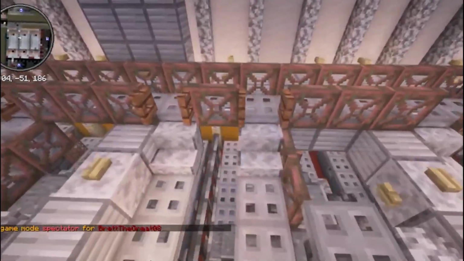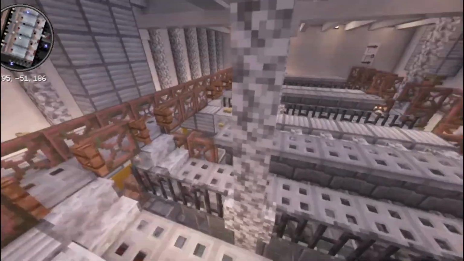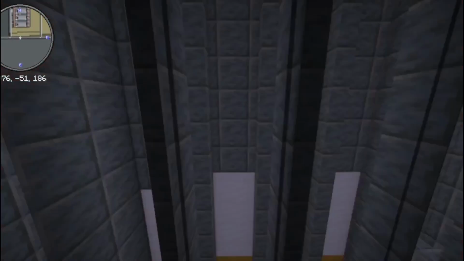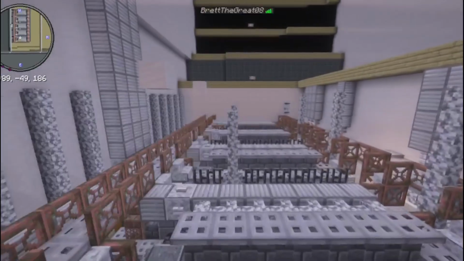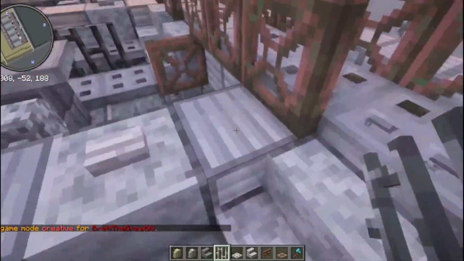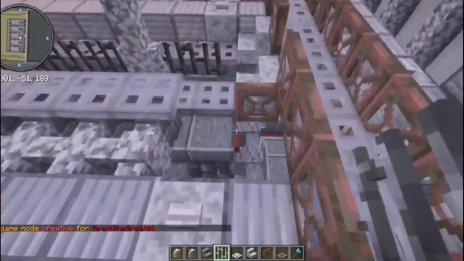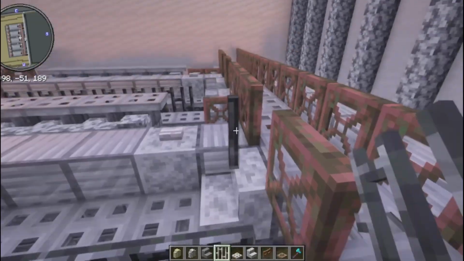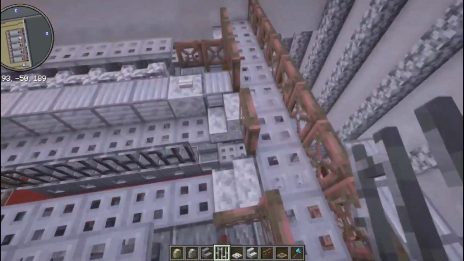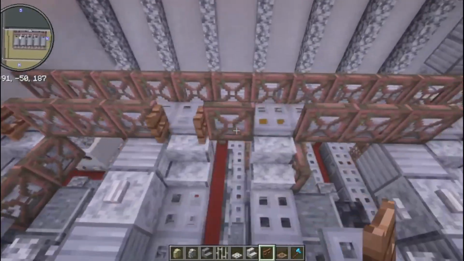What did I do? That's okay. Just use the iron bars in between. You can kind of see. So fly back over here. Now basically just bring all these iron bars back a block. It's like there, there, there, and there. And then the rest of these bits, we'll just put the